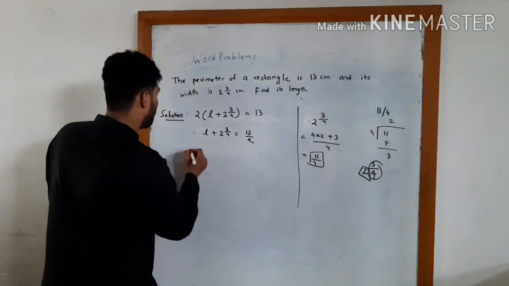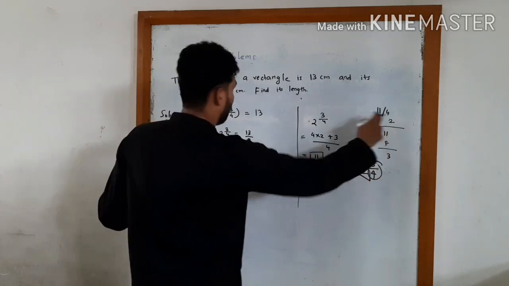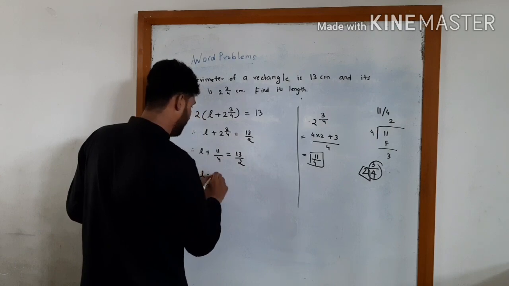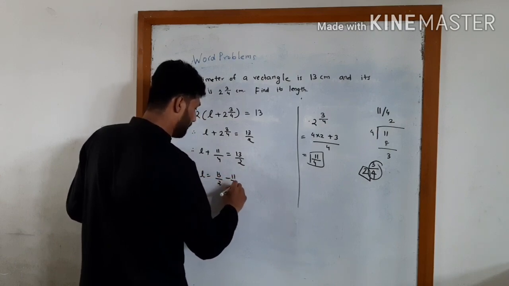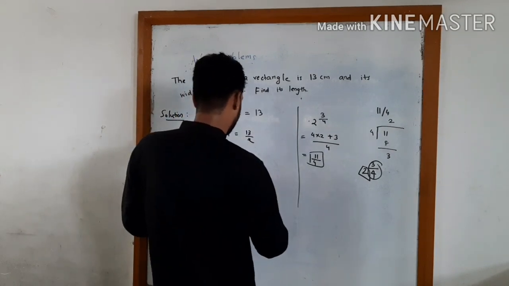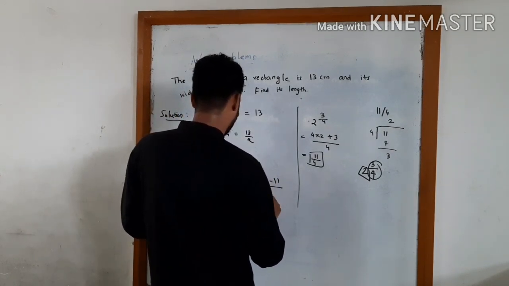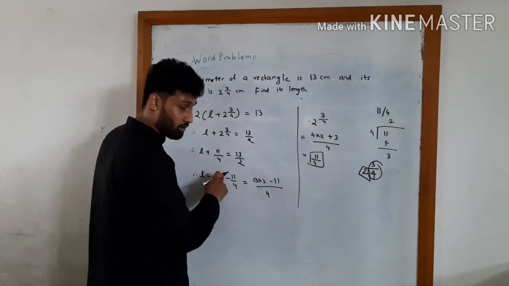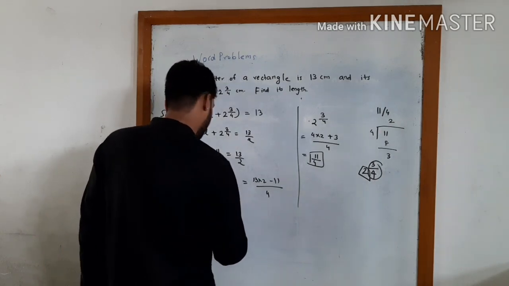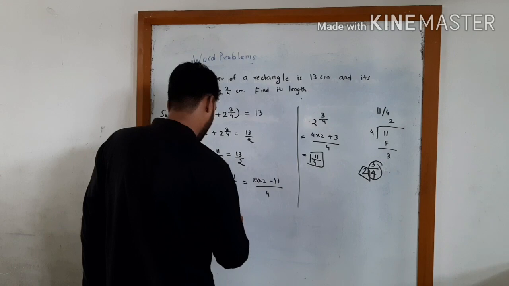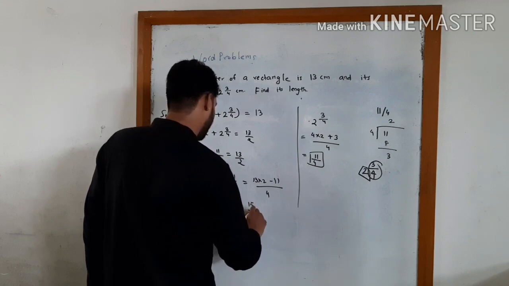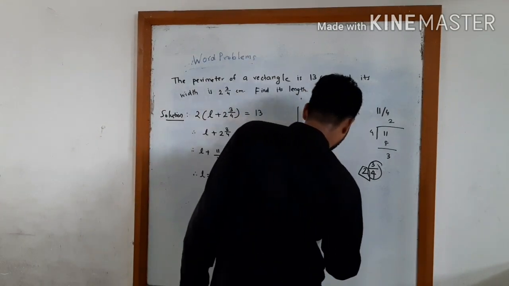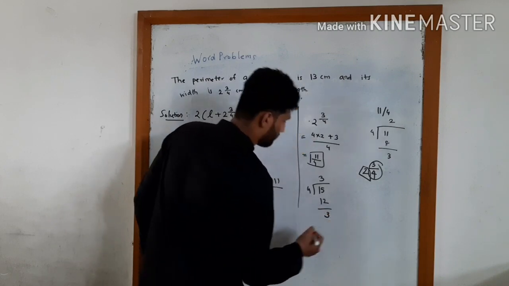So here, therefore I get L plus 11 by 4 is equal to 13 by 2. Therefore L is equal to 13 by 2 minus 11 by 4, which is 13 into 2 minus 11 upon 4. I am multiplying by 2 here and 2 here, so I can take 4 here, which is equal to 26 minus 11 upon 4, which is 15 by 4. 6 minus 1 is 5, 2 minus 1 is 1. So let us convert this into a mixed fraction. 3 integers 3 by 4.